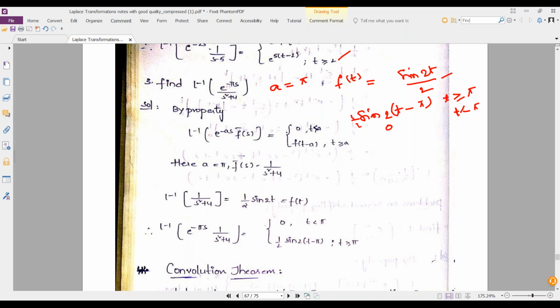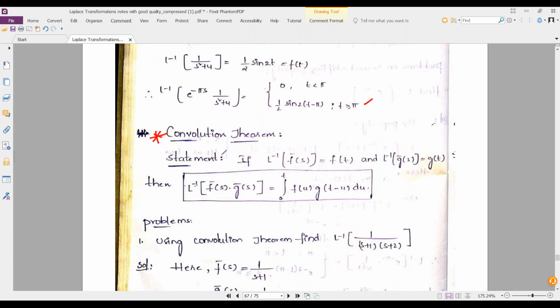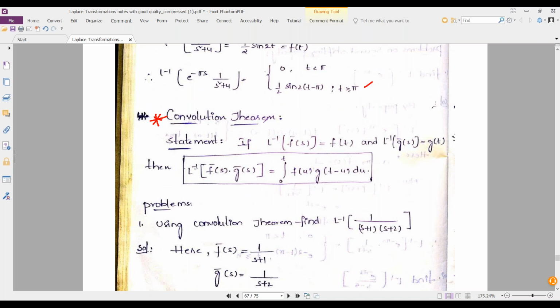Now this is one of the very important ones, the convolution theorem. I think we have discussed it a little in Fourier transforms. I think Harish Riveni asked a question, what is a convolution theorem, if I'm not wrong? Convolution theorem, sir, what is a convolution theorem? That's a question.